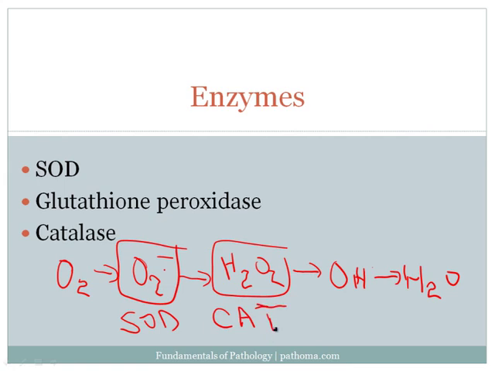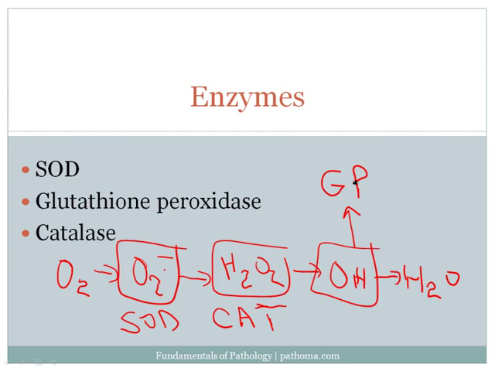And then hydroxyl free radical, one of the major mechanisms by which it is removed is glutathione peroxidase. Glutathione peroxidase is an enzyme that takes the assistance of glutathione, which is an antioxidant, and glutathione will be very important later in our discussions of